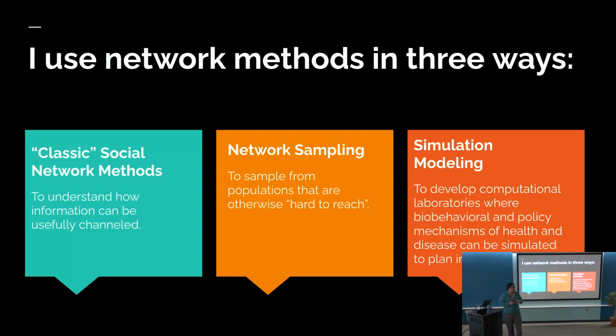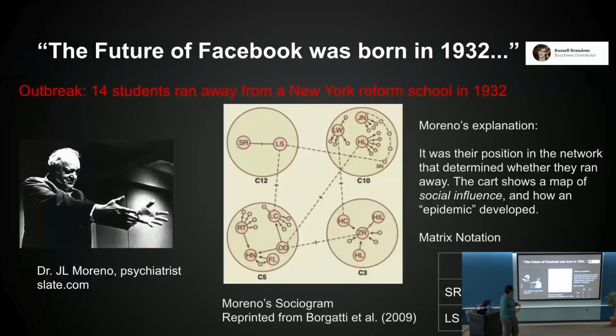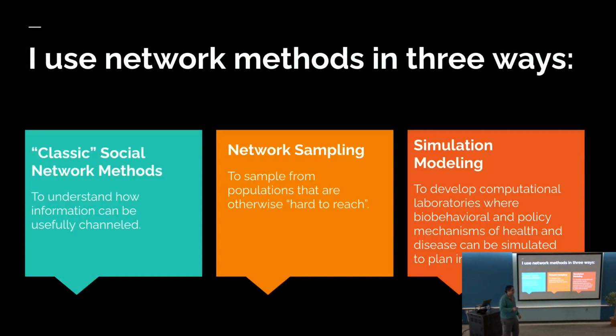A second way is network sampling. So when I was going over the example slide from HIV recruitment in Chicago, that's a sampling example. There's a population that has very low contact with the public health system, and in order to quantify a public health problem, we need to have contact with enough of them. And so we use social network strategies to try to bring people in to enroll in research studies. And the idea is that they are recruited to do so by their friends who match the study criteria, and come back and say, well, I've been referred to you by my friend, for instance. And then the third